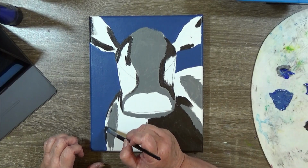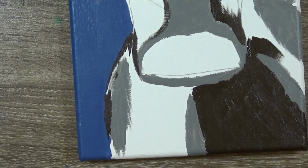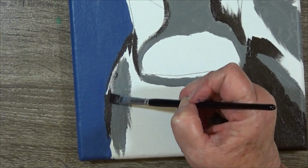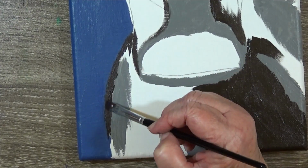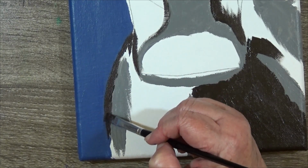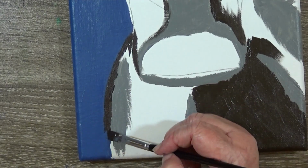So what I'm doing is I am filling in with the dark brown. I'm not really worried about it. I'm just making my fur is what I'm really doing. So I'm going to bring it on down,